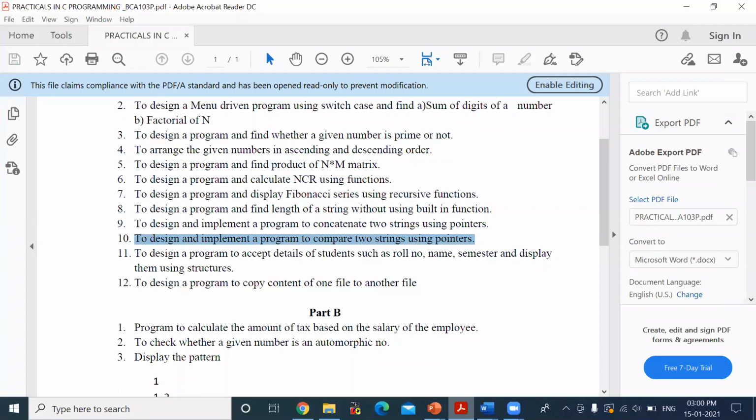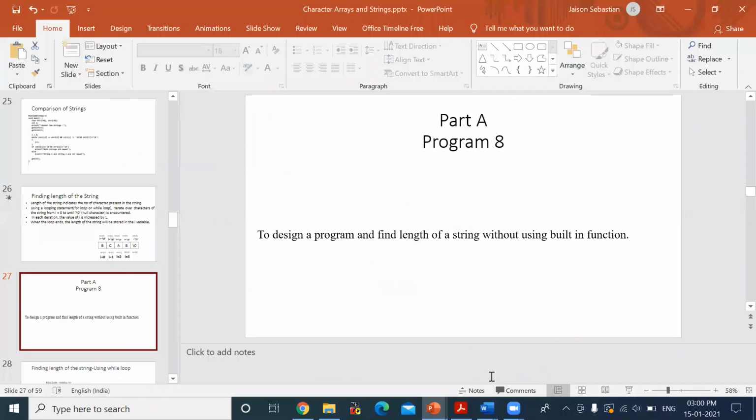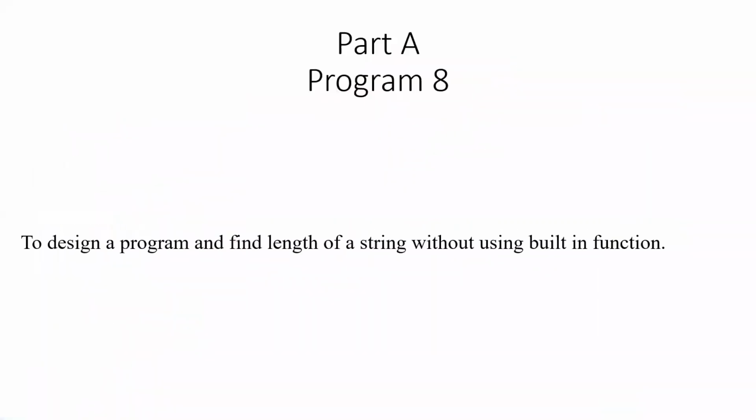As I told, we are not having that much time, so you can start writing all your observation and fair record. And hereafter, if you have completed your fair record up to the programs which we have executed, now until the pointers chapter we don't have any other programs. So after this program, if you have completed everything in your fair record, then you can directly write your programs in your fair record.